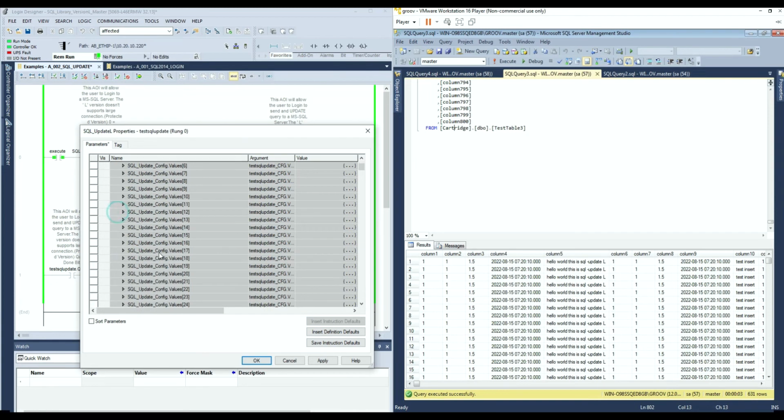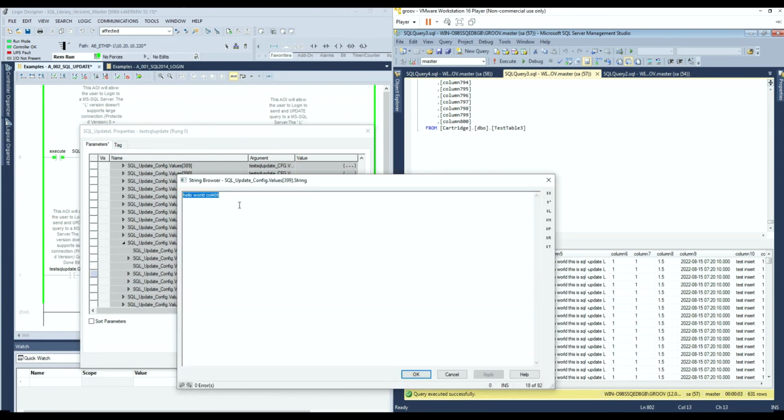Okay, so I'm going to go to value 399, and I'm going to put something in there like hello world